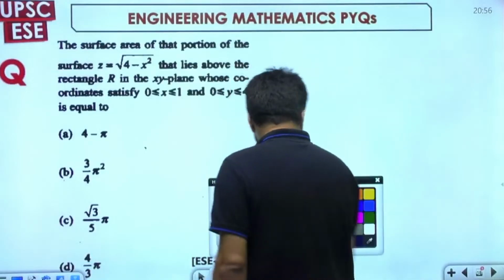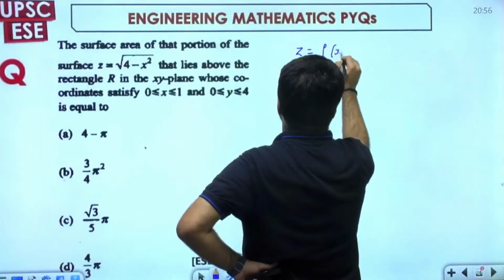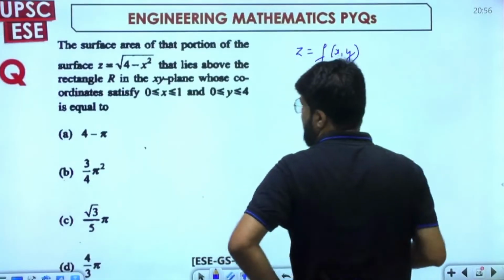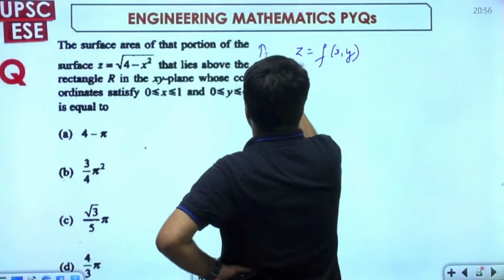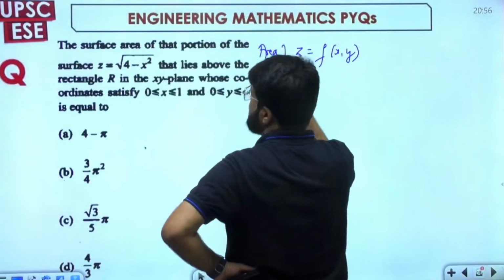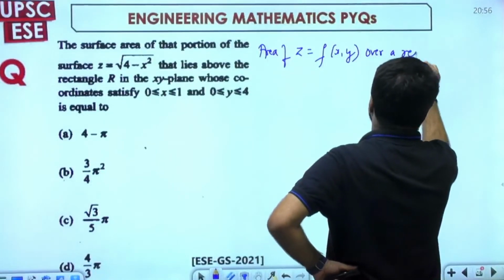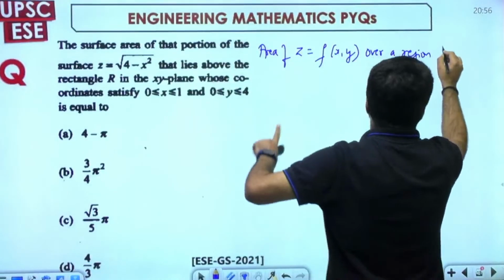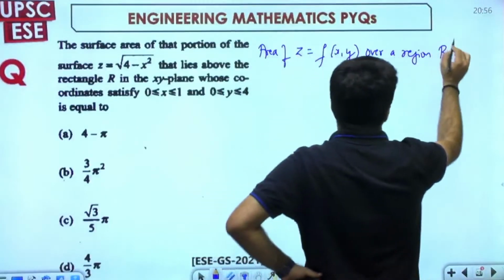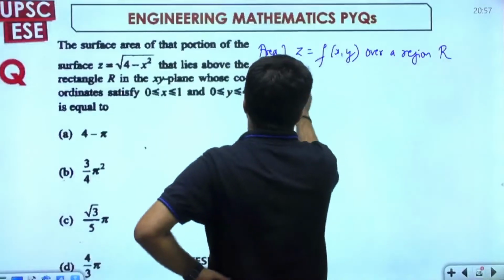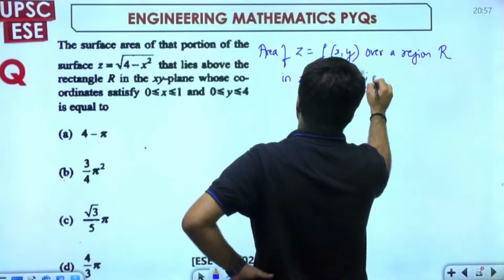Now see dear, given any surface as z equal to f of x comma y, the area of this particular surface over a region R in the xy plane is given by